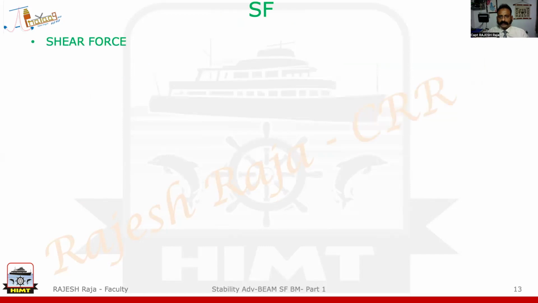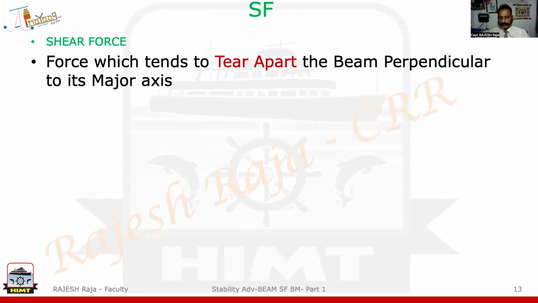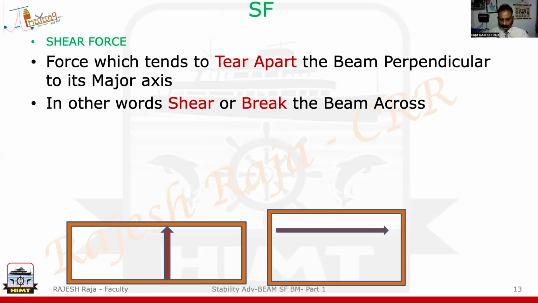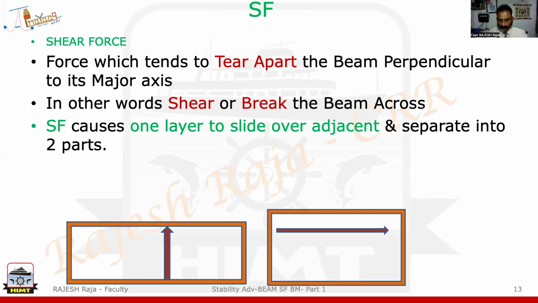Now let us look at this first force called shear force. Okay? What is a shear force? It is nothing but a force which tends to tear apart the beam. Okay? Tear apart the beam. The beam is that structure perpendicular to this major axis. So let me show you a small diagram. In other words, the shear will try to shear or break the beam across. So when I say break the beam across, it'll try to even slide one layer over the adjacent layer